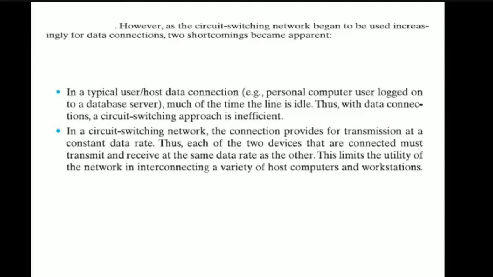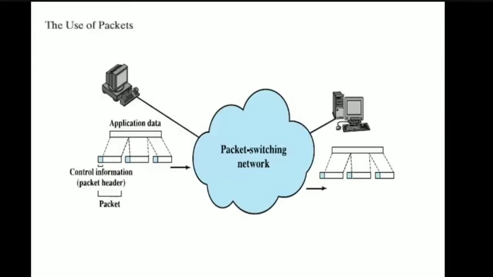That is, one computer may work at one data rate and another workstation may work at another data rate. But our circuit switching network urges us to connect the stations with the same data rate. But we cannot guarantee that all the time in the network the devices with the same data rate are connected. So using a circuit switching network for transferring the data has some shortcomings. So for this reason, we are going for the concept of packet switching.